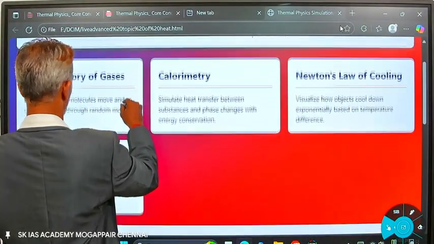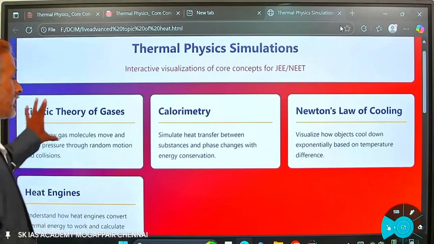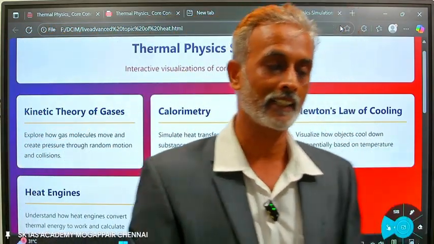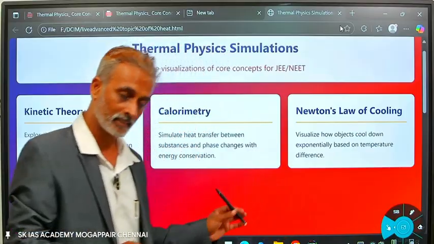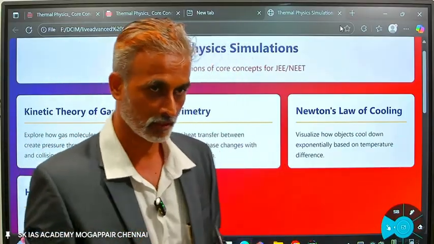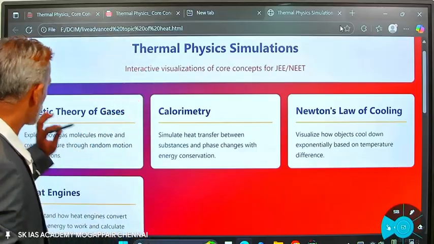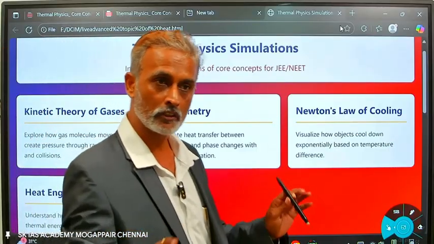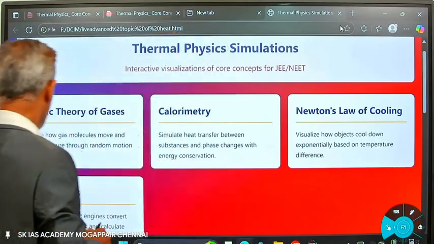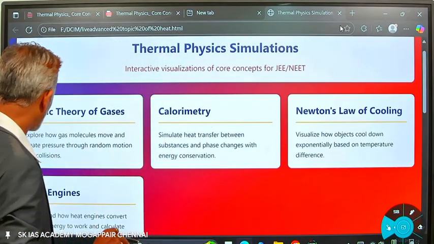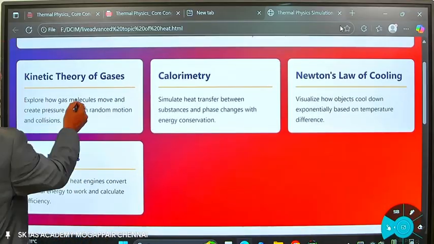See, what I discussed is the kinetic theory of the gas. The first topic I have discussed is the kinetic theory of the gas. What I told in my session is that whatever I teach, you have to be an expert, not simple. First I have given you the concept regarding the kinetic theory of gases. Now how does it work?